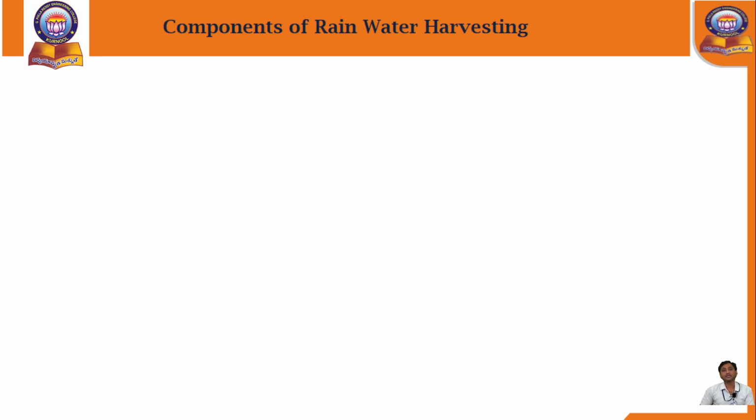Okay, next. What are the components of rainwater harvesting? Now you people have clarity about rainwater harvesting: when rainfall falls on our home, on the terrace or roof, we collect that rainwater, slowly transfer and store it in sumps or storage tanks. After that, we do the filtration treatment process and use it for our daily home needs. For this process we need some basic components. These components are, first one,